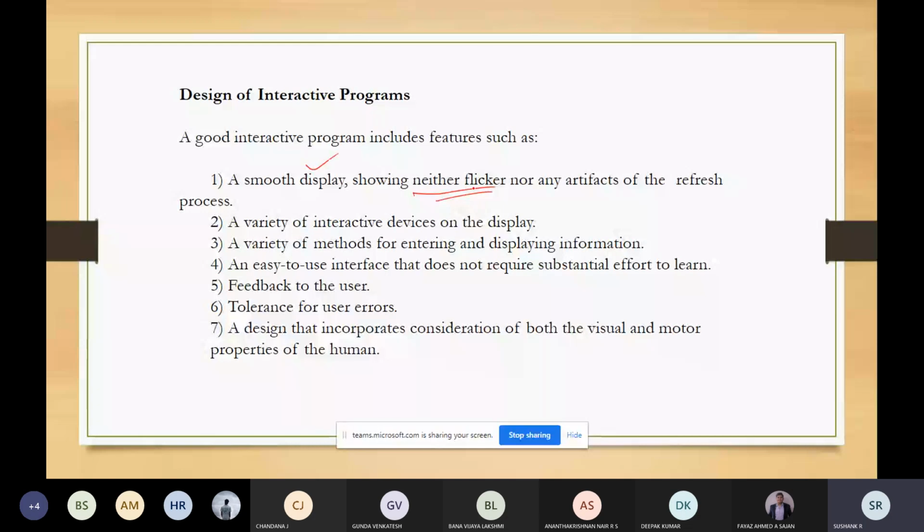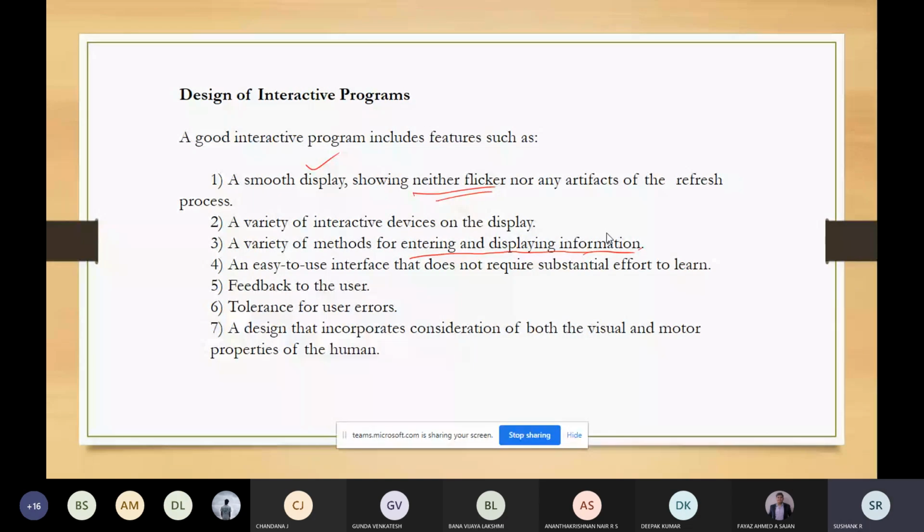The second feature is how you can enter and display the information: methods for giving input to the system and to display that information. The third is that it should have interactive devices. It's not only the keyboard or the mouse; you can include other input devices for interacting with the display.